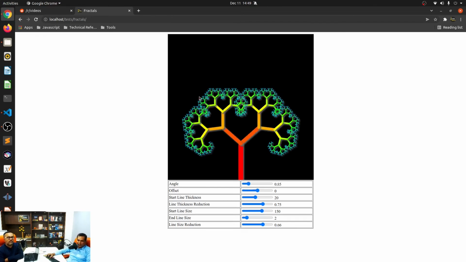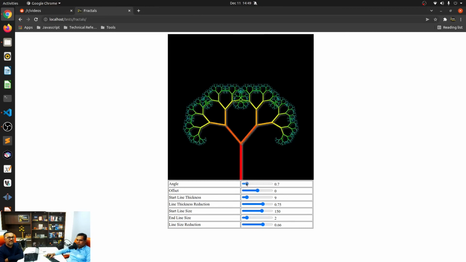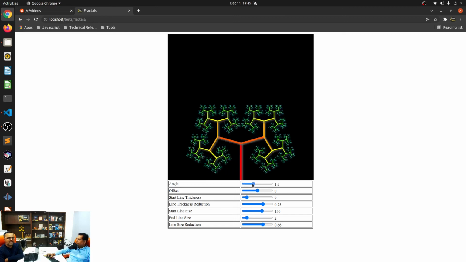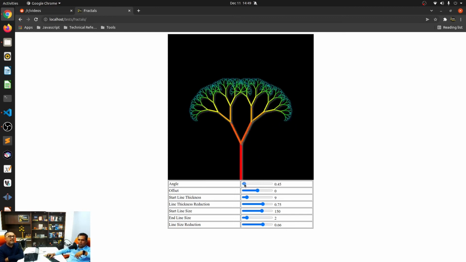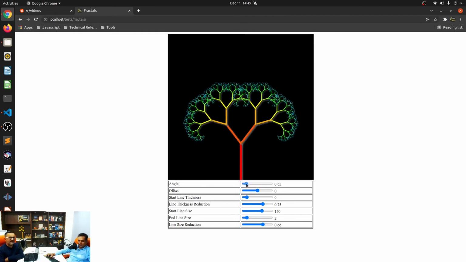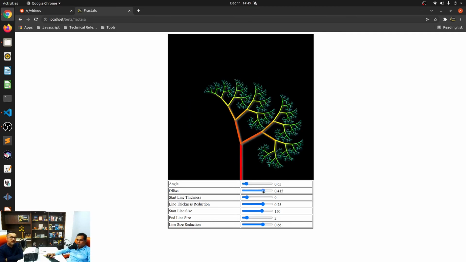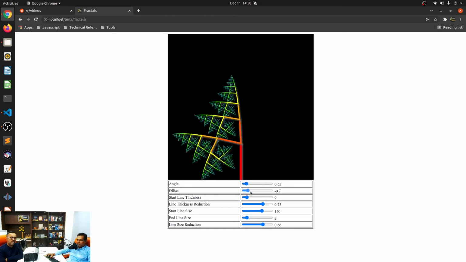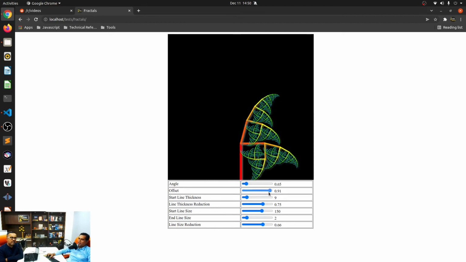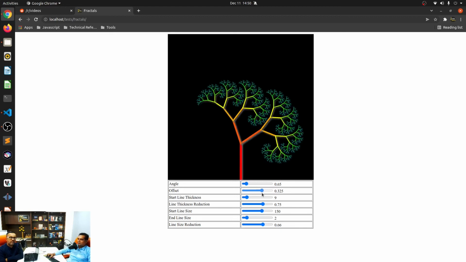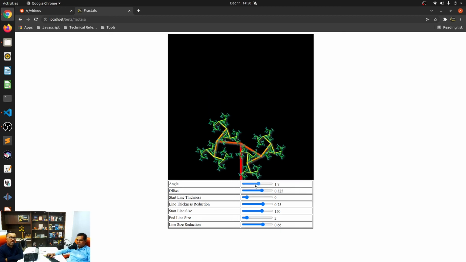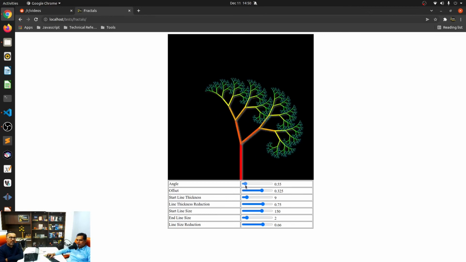Now, if you feel that the line thickness is too much, we can just reduce it so that it becomes a little bit more, I would use the word wispy over here, because we can make it a little bit more wispy looking or hairy looking, or as if the ends have fur, something like that. Right? So that's something that we can do. We can also change its offset so that we can basically form different types of fractals or different types of fractal trees. Wonderful. Right? So you can see what happens when you change different aspects of it.